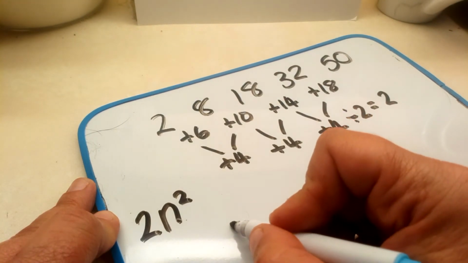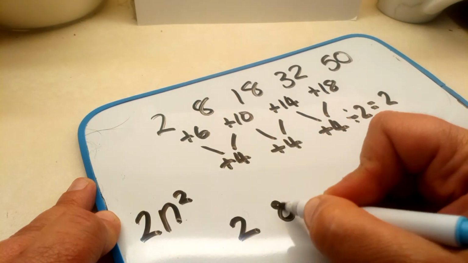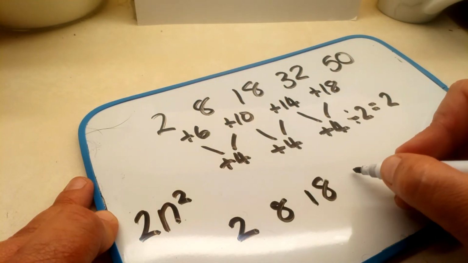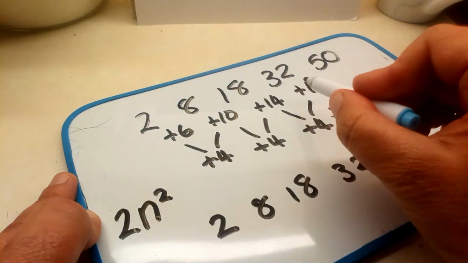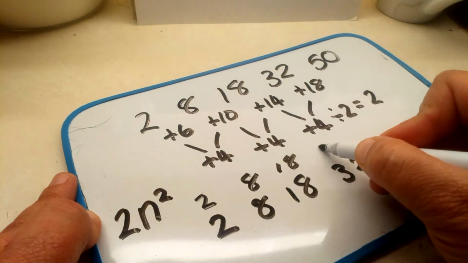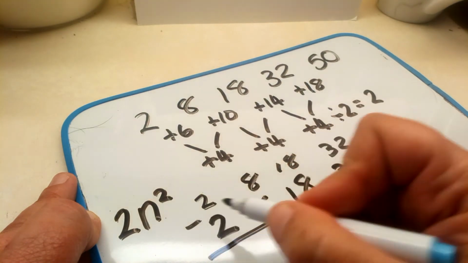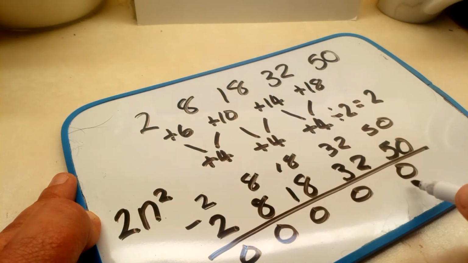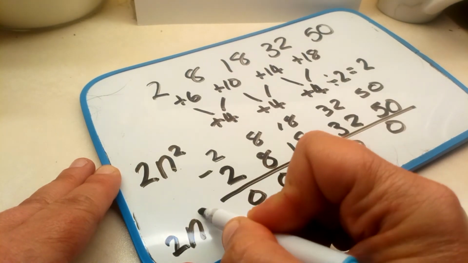So this time, when we write down our squared numbers, we've got to multiply them by 2. So that is going to be 1 times 2 is 2, 4 times 2 is 8, 9 times 2 is 18, 16 times 2 is 32, and 25 times 2 is 50. Then we write our original sequence along the top. Just happens to be the same. Take one away from the other. There's no difference between these answers, so our nth term is 2n squared